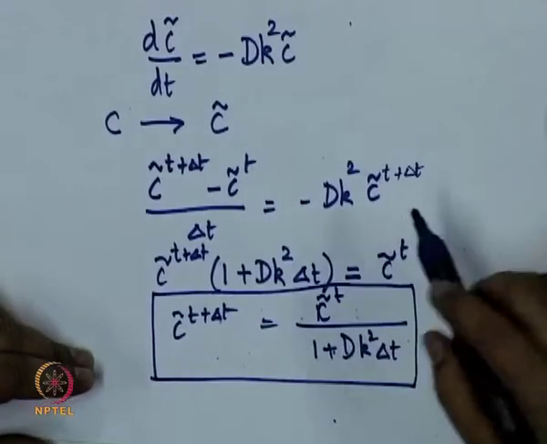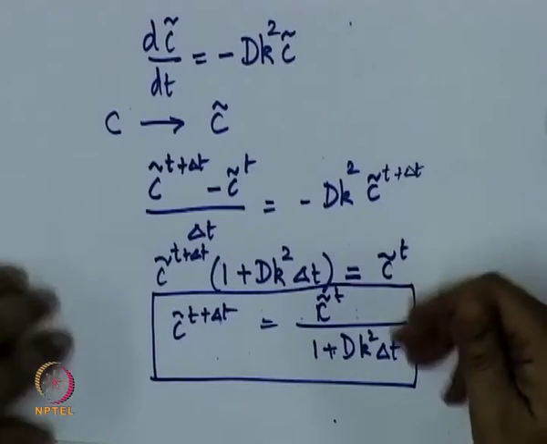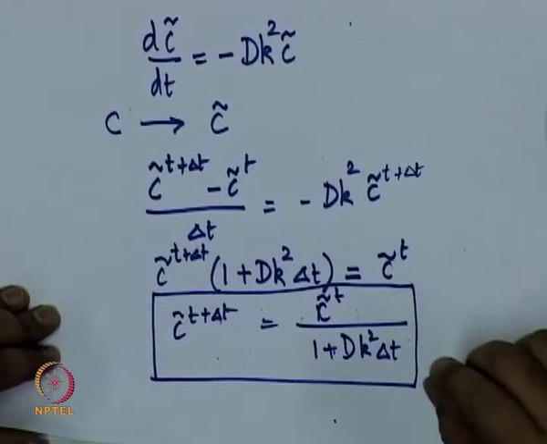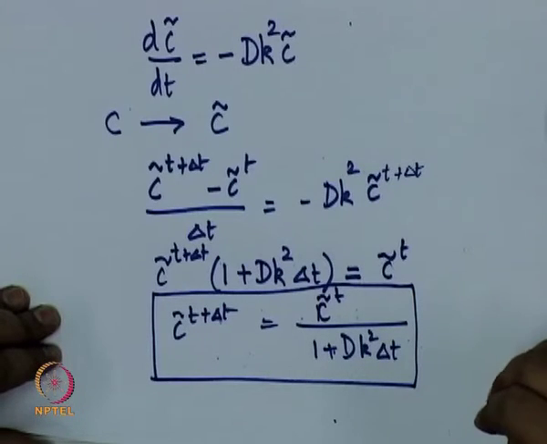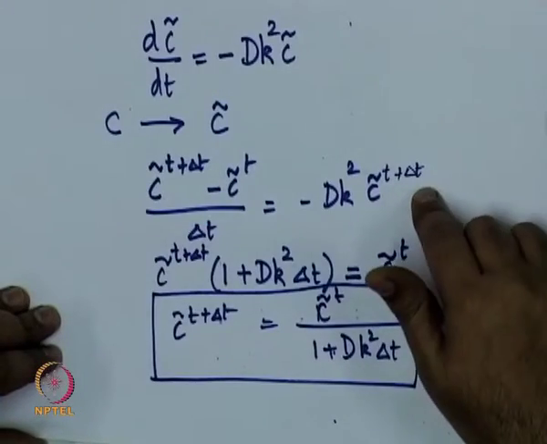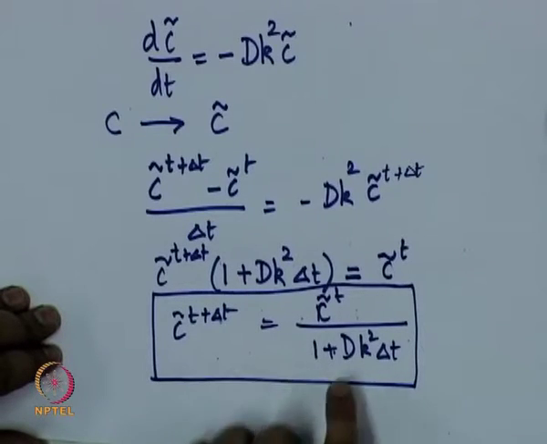This technique is known as the spectral technique, spectral because it uses the Fourier spectrum or Fourier transform, and in terms of accuracy this is the best that you can hope for. It depends on your discretization, how many k points you are going to take and integrate, and things like that. And because it is implicit, all the right hand side is at time t plus delta t. So, everything is at time t plus delta t, and because of that there is no restriction on the delta t that you can take.